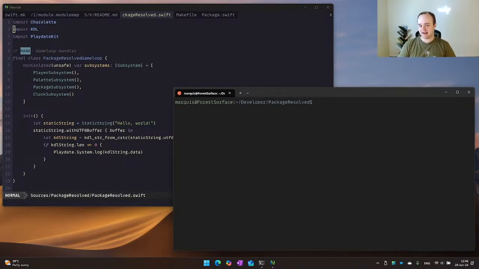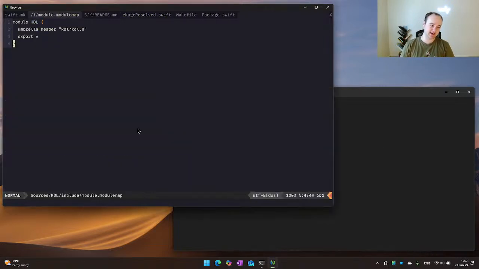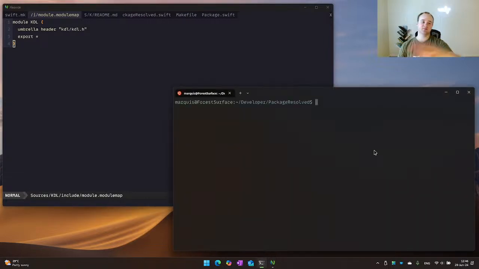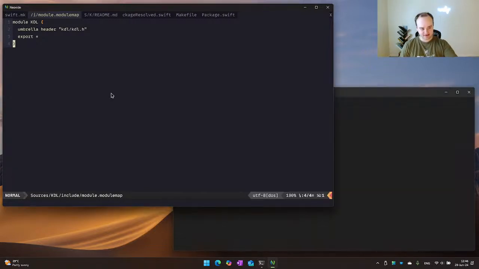So remember how I was saying that I had to reset some of the WSL stuff here because it did a Windows install? Well, it turns out in the process, I also discovered that a very important module map file, which is responsible for telling the system, hey, this is where the Cuttle module is, was missing. The reason why it works in the Swift Package Manager is because it makes this on its own and tells Swift, hey, here's where everything is. But because we also need to do this inside of make, make needs to know, okay, where is this module? And this file is responsible for it.